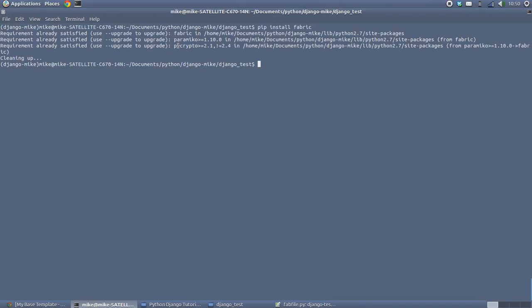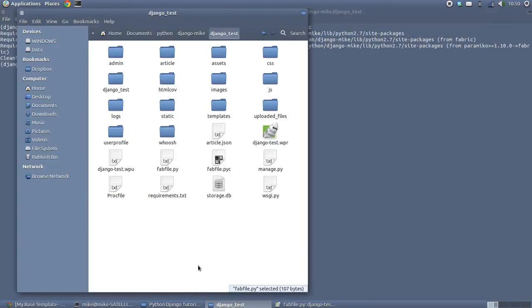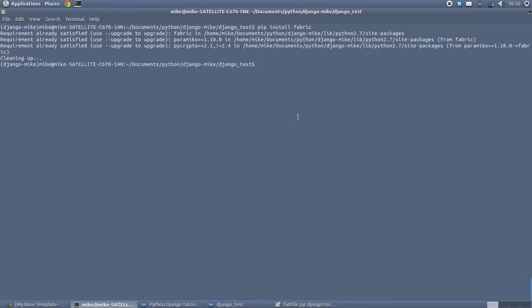So once we've installed that, we need to create a config file for it. Now, what we're going to do is create a fabfile.py, and this is basically just a bog standard Python file that we're going to import a module in, and we're going to write some functions. The functions that we write in here will then become things that we can name in our command line arguments to run a program called fab, because Fabric has a command line function